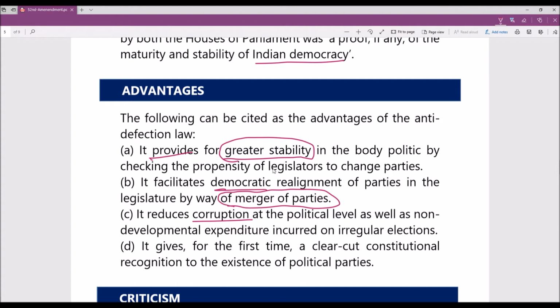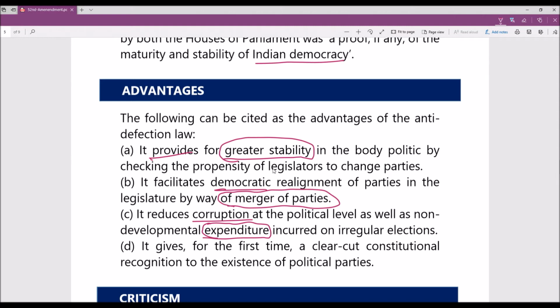What happens if we allow defections, like a member of party A going to party B by taking some money from party B? It will create instability in Indian politics or in the house. So governments will fall and rise with the power of money. So with this anti-defection law, we have brought a little bit of stability, but not full stability. We have seen what happened in Madhya Pradesh, what happened in Karnataka, and we may see what is happening in Rajasthan shortly.